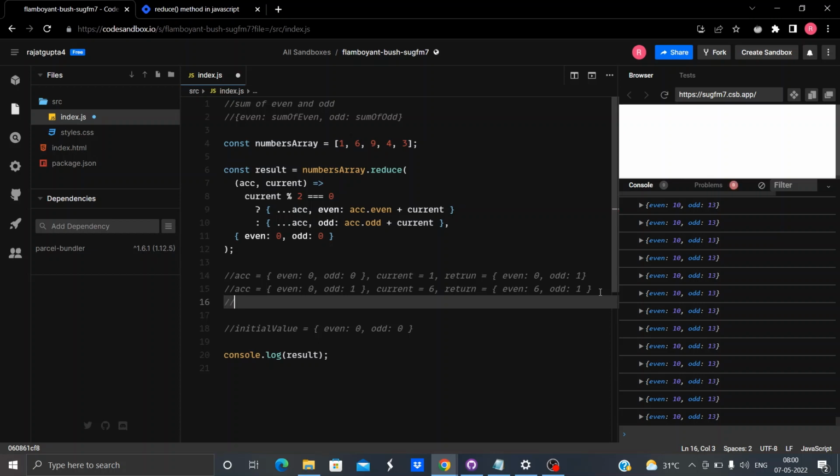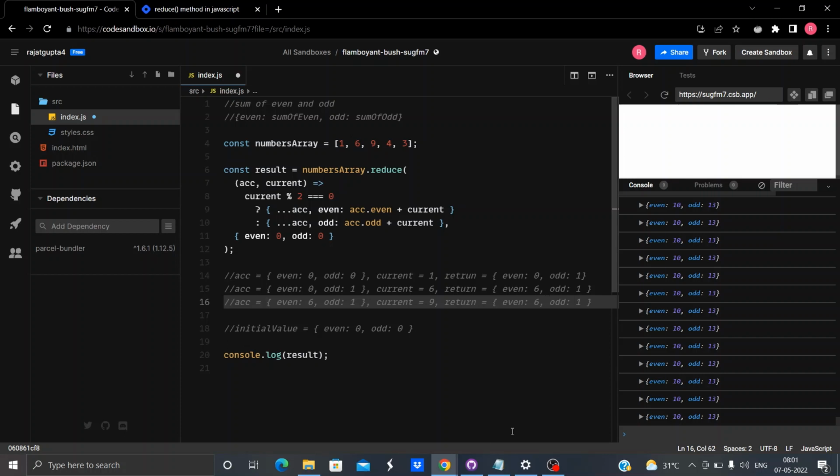Now let's come to the next iteration. In this iteration, accumulator is the value returned by the previous iteration, that is this. Now what will be the value of current? Current will just be the next element, that is 9. What will return? We'll first destructure the accumulator, so this will be there.